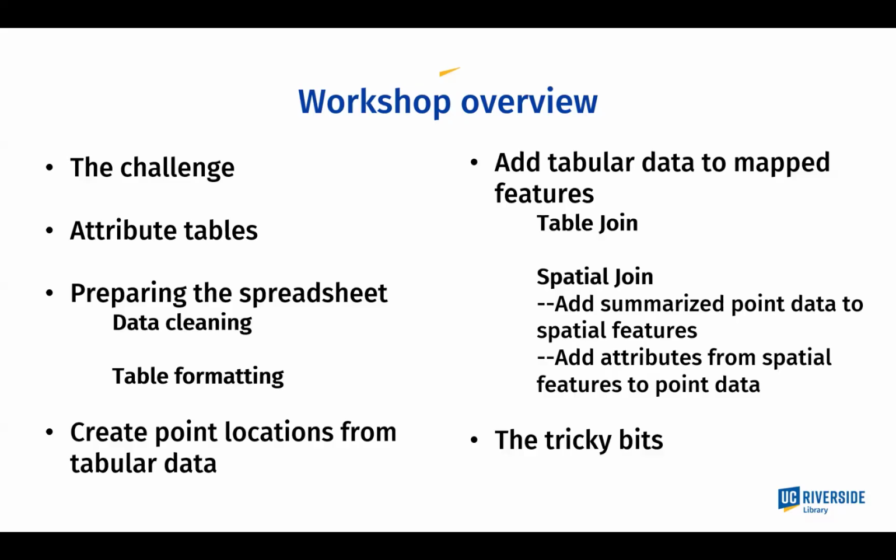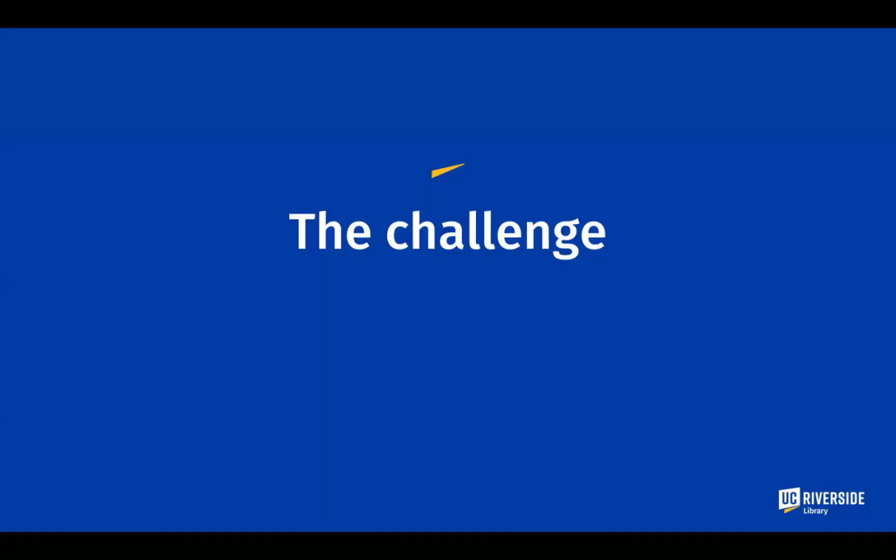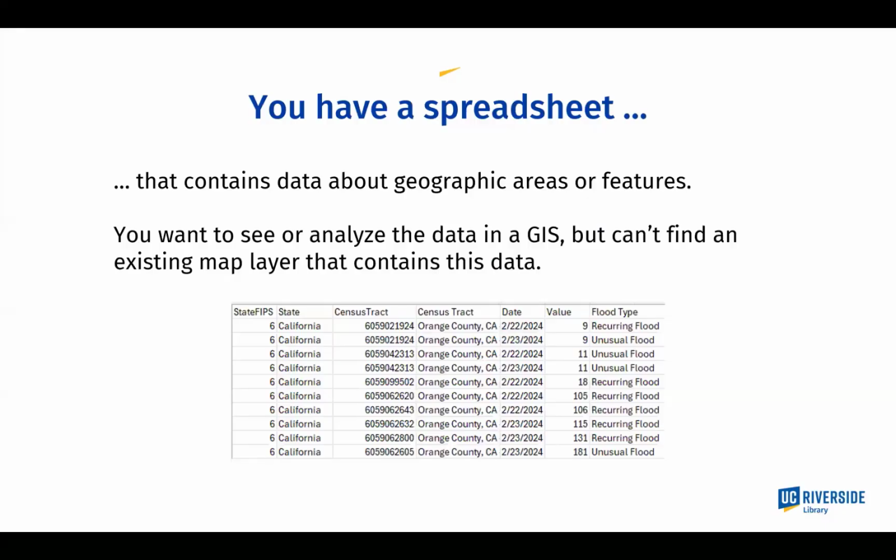And we'll try to just outline those in general so it doesn't totally throw you if you do encounter them when you're doing this kind of thing on your own. So what is the challenge? You have a spreadsheet, and that spreadsheet contains data about geographic features, and you want to see that data or analyze it in a GIS, but you can't find an existing map that has that data. And in this case, we're looking at a spreadsheet that has flood information by census tract